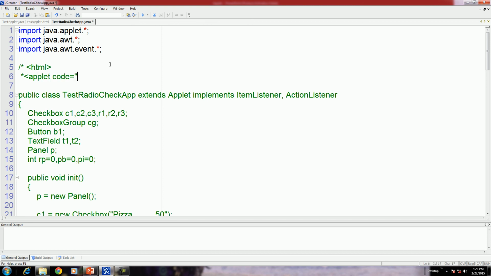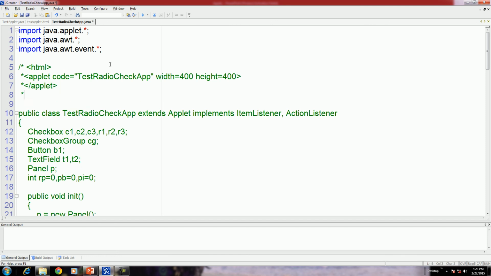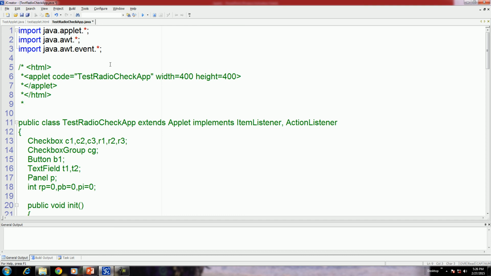Give the program name, width, height. After that, the applet is closed and the HTML code ends. But this program must be run using the Java interpreter.